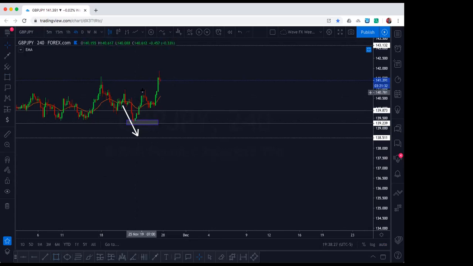I know one of the students out of the mentorship program, they bought this pair, analyzed it superbly, and capitalized on it to the upside. I don't remember if I actually took this trade. I would have to check. But we